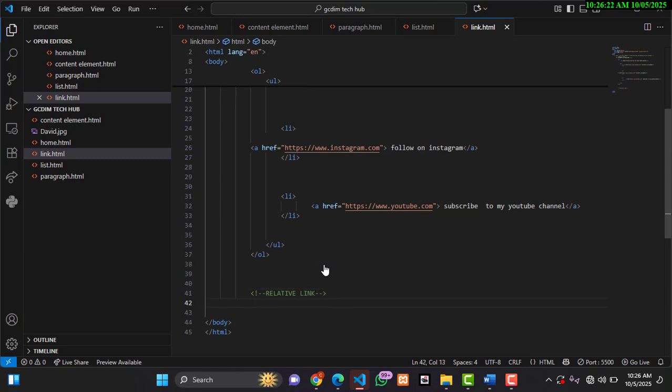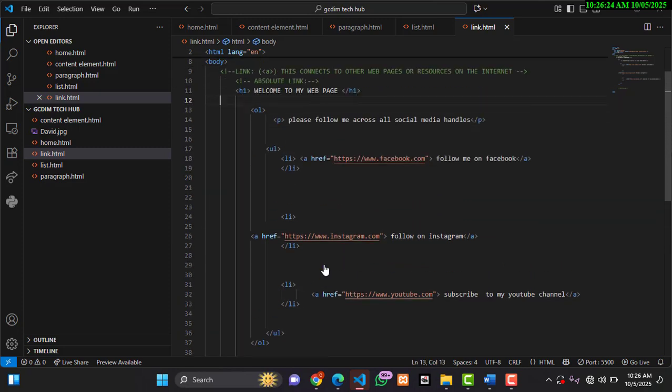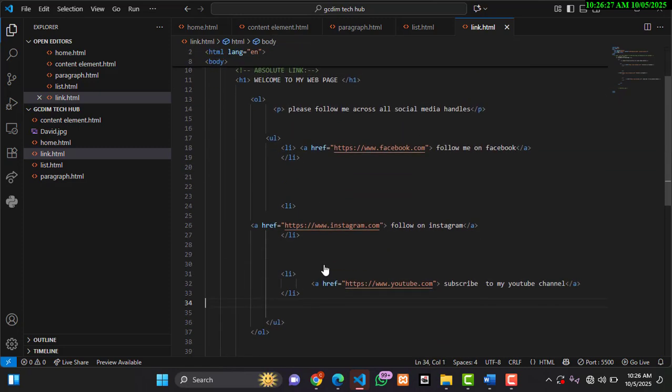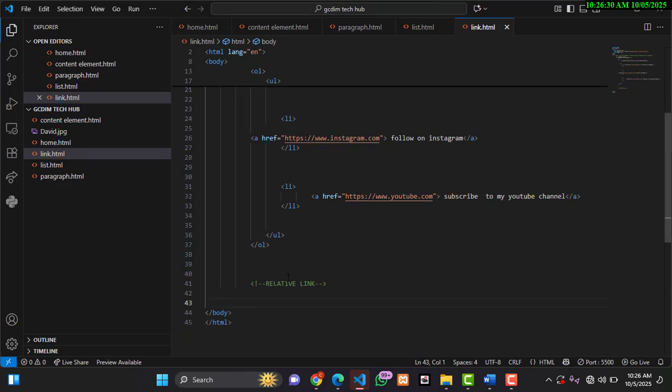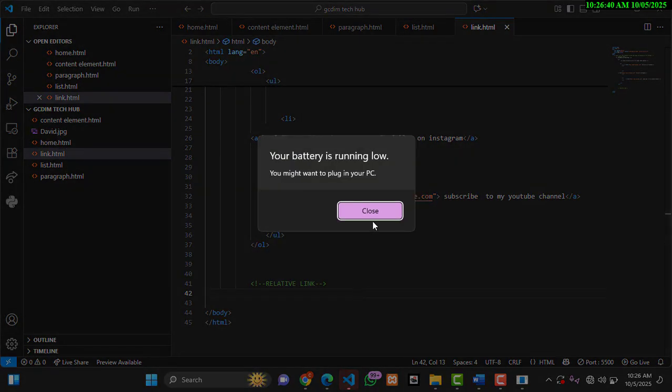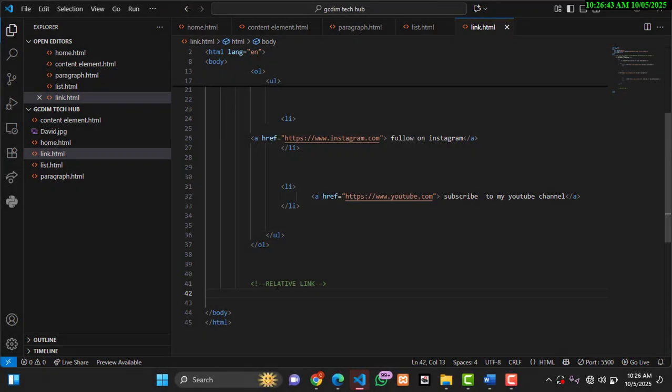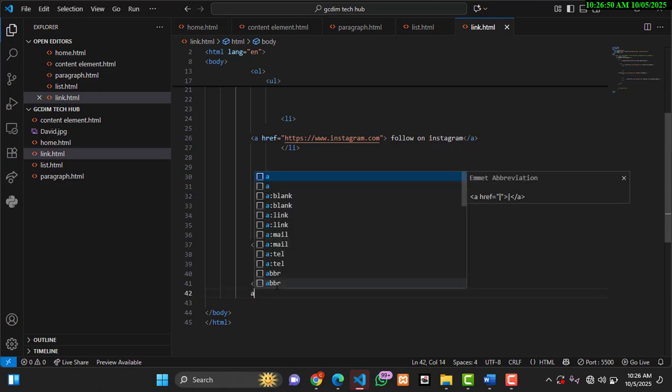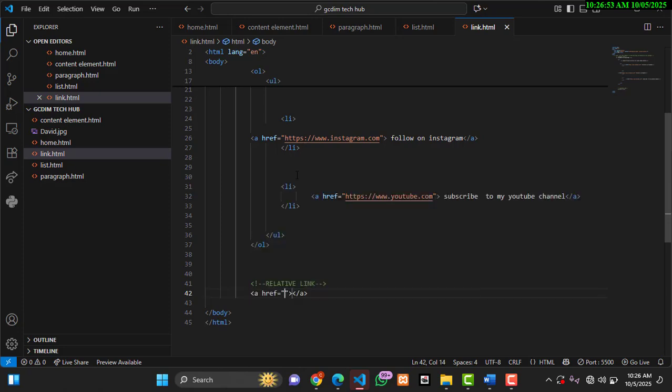Now let's see what we can link here. Now you can actually use this to link your web page to other files, like when you're working with external CSS or JavaScript. My battery is getting low, so we're going to get through this quickly. So let's talk about relative linking. We come over to this place. What you do is still do your anchor tag as usual. Your anchor tag as usual. Then you can see you have your index